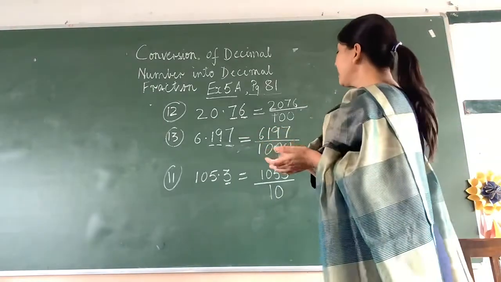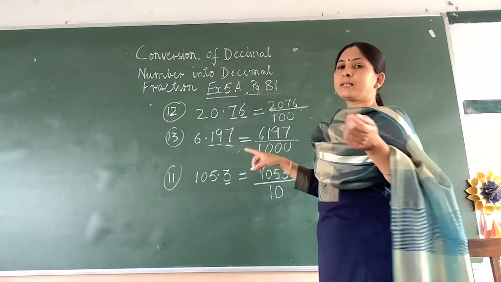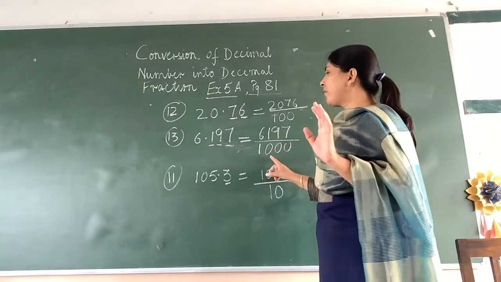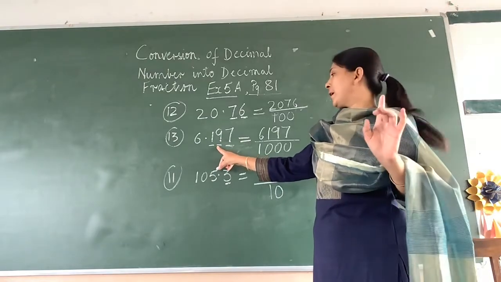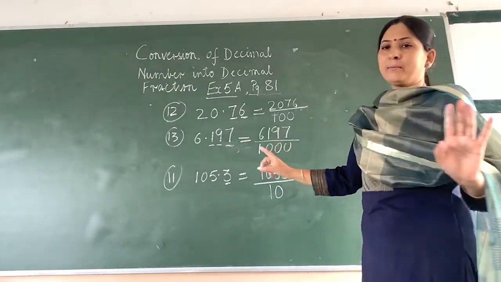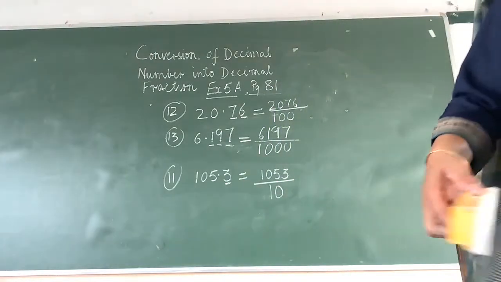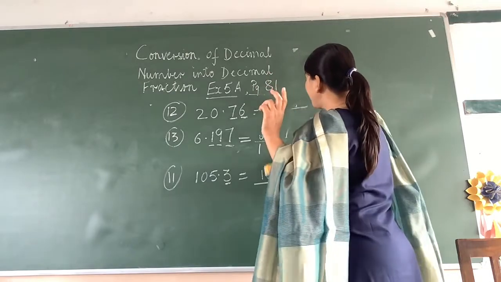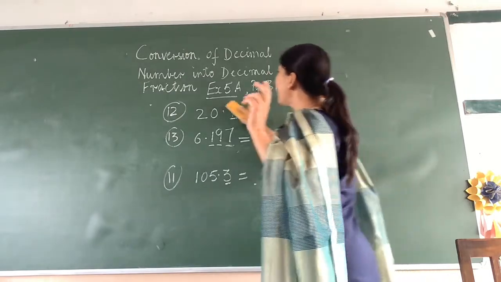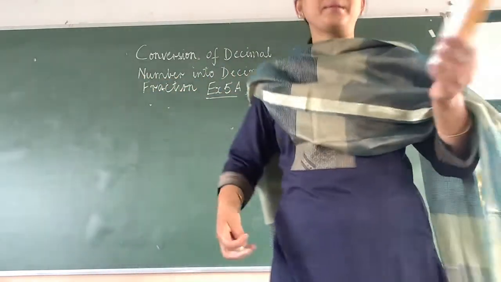So, 6197 over 1000 is our answer. It is a decimal fraction. We have converted this decimal number 6.197 into a decimal fraction. Now, there are 2 more sums left. We will do the remaining 2 sums also, and it will finish our question B. The 2 sums are